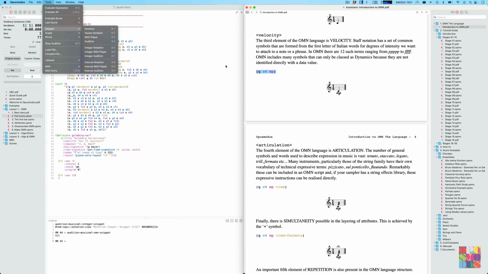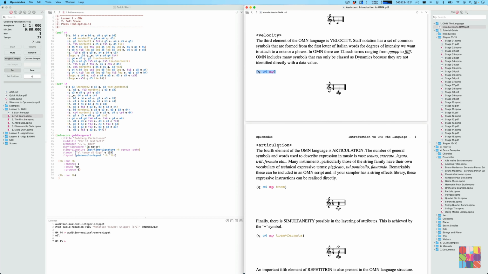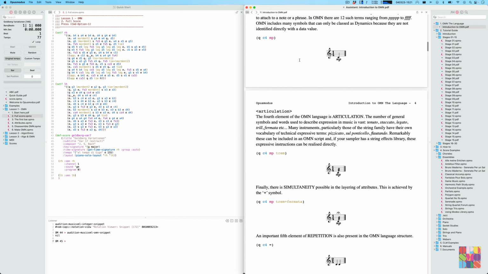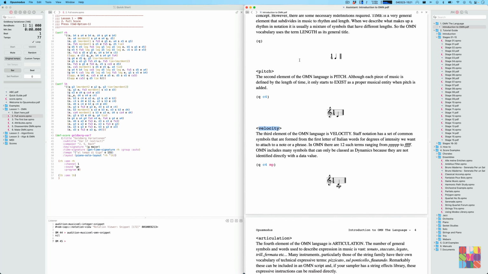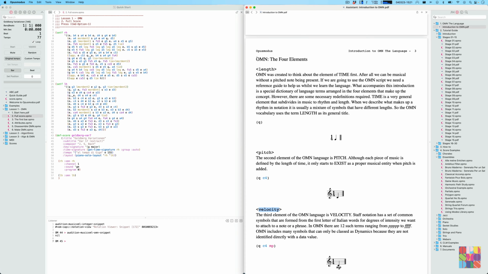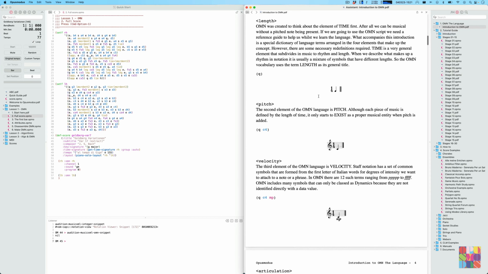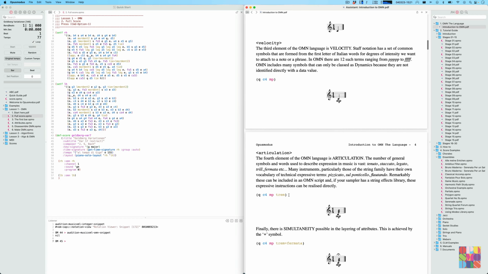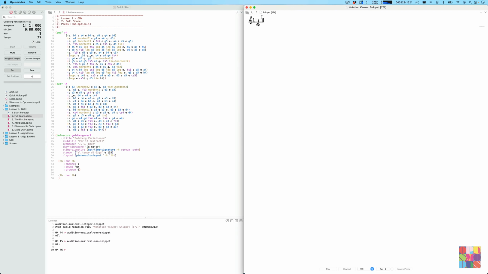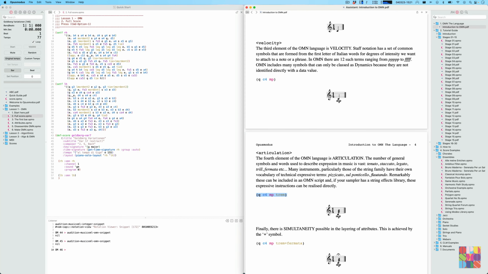This document, by the way, is another great one to read through as it explains the OMN syntax in detail, which is the language that we use to express musical ideas. And this syntax consists of the earlier mentioned 4 elements: length, pitch, velocity, and articulation. Here we can see a very simple example where we have a C4 with the length of a quarter note, a velocity of mezzo piano, and a tremolo articulation. All of these elements can be disassembled or assembled to work on them individually before combining all elements into a